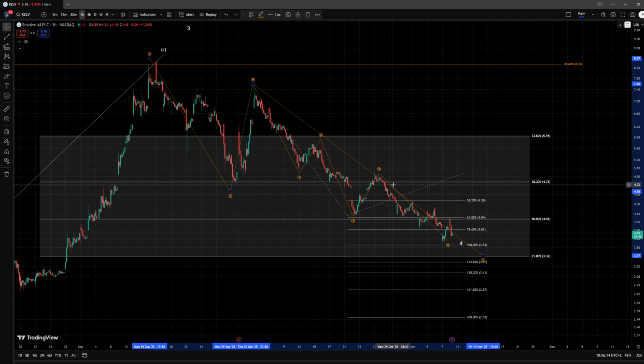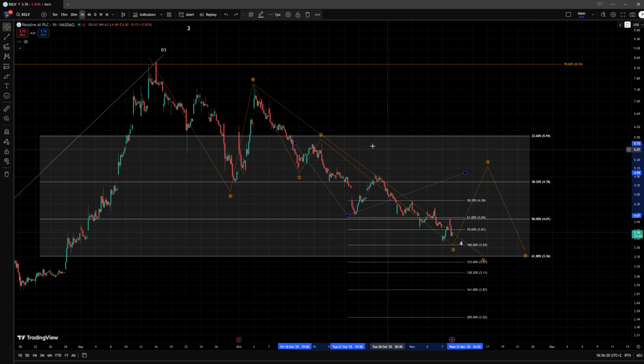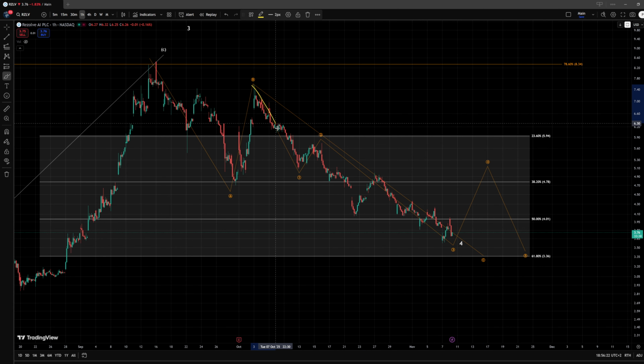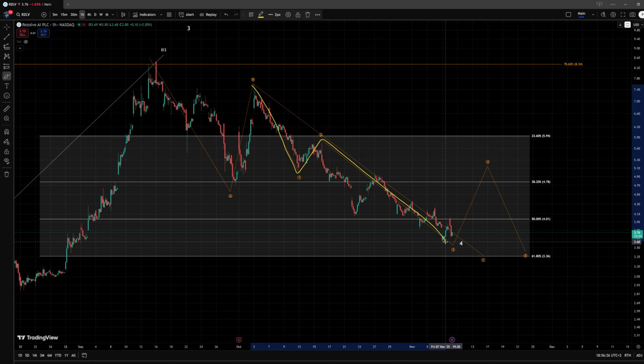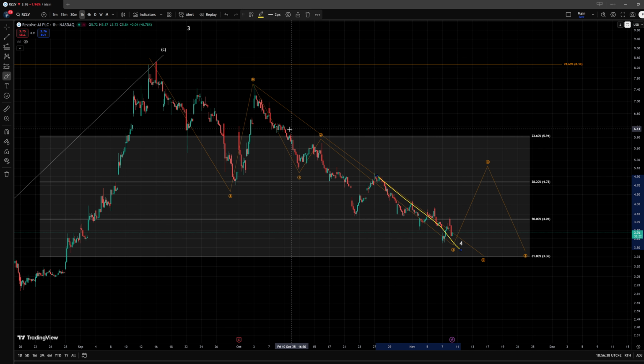orange, where so far we have a pattern something like this, and actually let me remove this extension to make it clear, but we have then a wave 1 down, a wave 2 up, a 3rd wave down, and then we should be watching out still for a 4th wave to the upside and a 5th wave continuation. Now, at the moment, I don't have any signal that we have indeed stopped this direct descent to the downside, and we may still be within it, but there is nothing really worth tracking in that small of